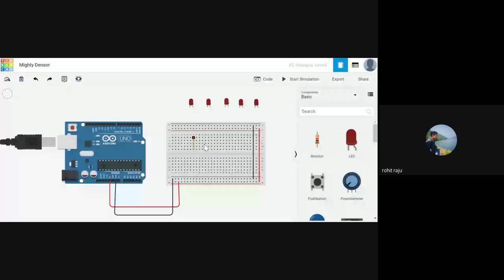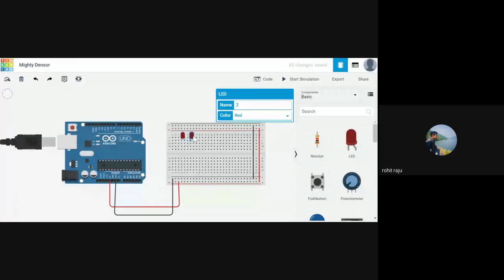And you can connect them randomly or in any way you want onto the breadboard.